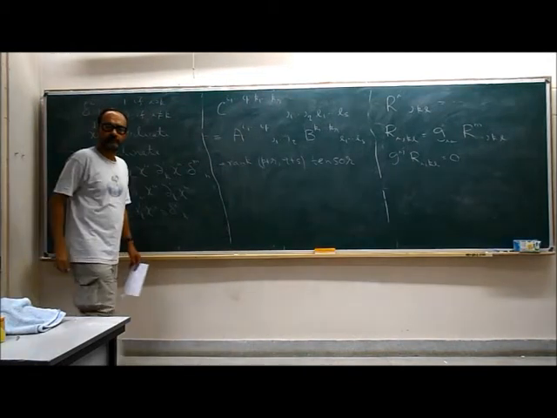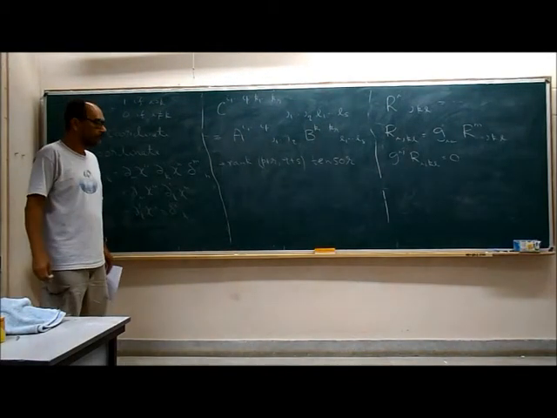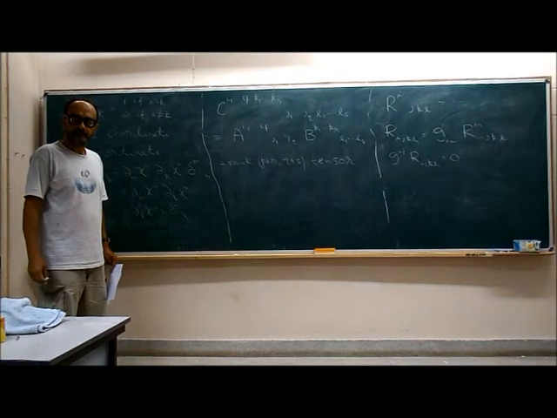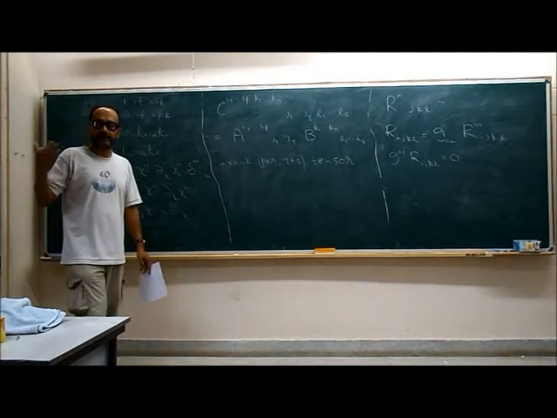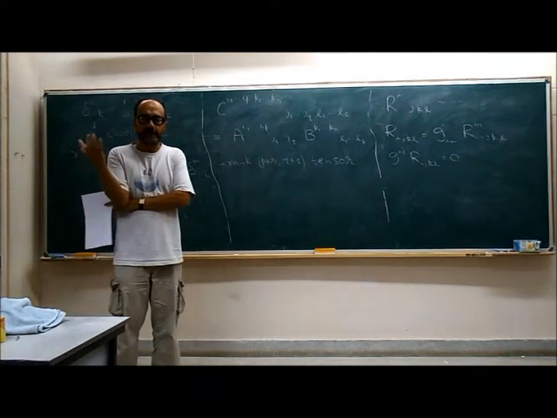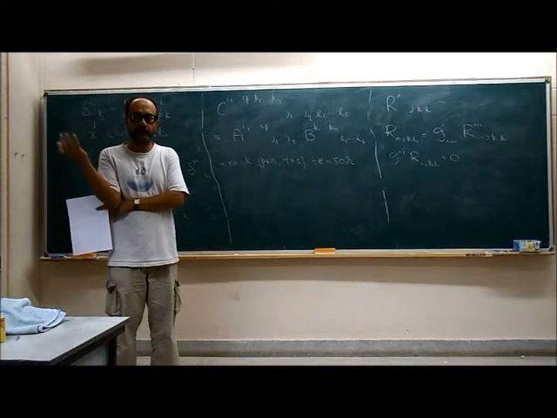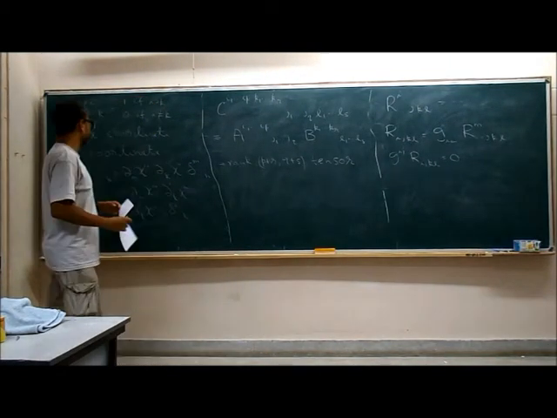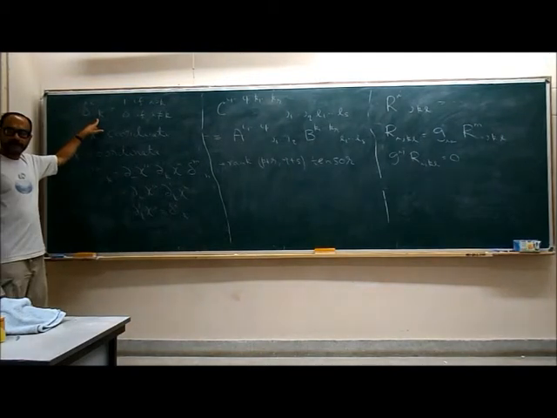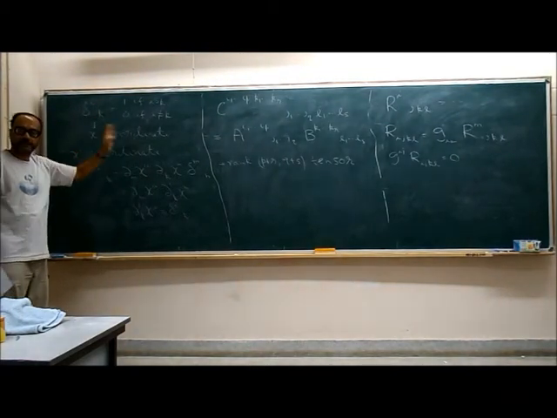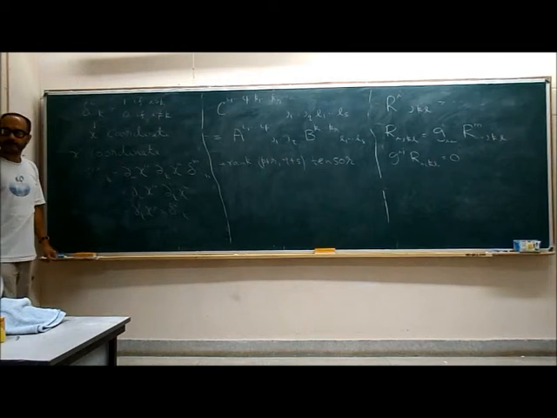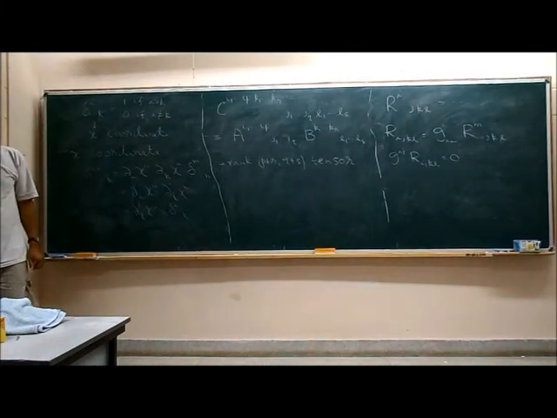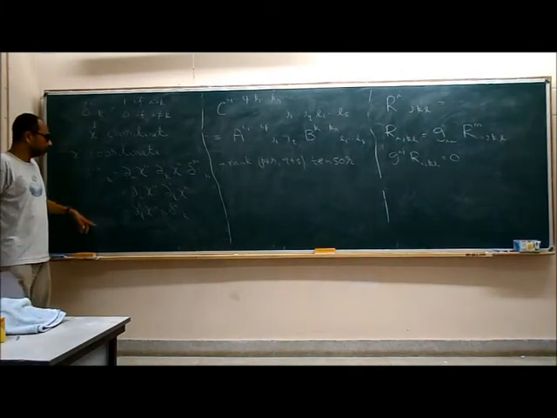So delta ij at lower indices will not be a form-preserving tensor. That means there can be a tensor which takes the form delta ij in some frame, but in another frame it will not take the same form. Whereas a tensor which takes the form delta ik in one frame will continue to take the form delta ik in all frames. But will delta ik with both indices lower be a tensor? No, it will not be a tensor.